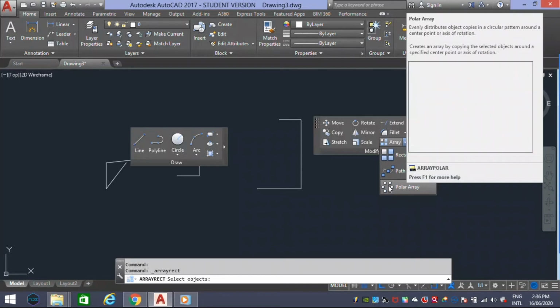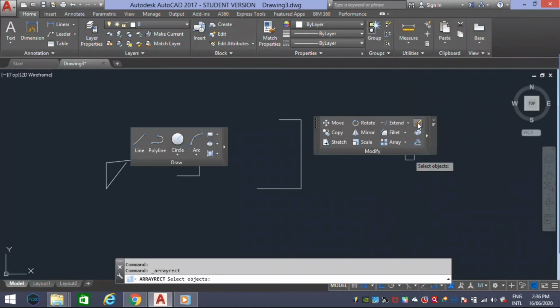And next tool is erase, removes objects from the drawing. And next one is explode, breaks a compound object into component objects. And next one is offset. It's an important tool actually, creates concentric duplicates of arcs, circles, parallel lines and curves.